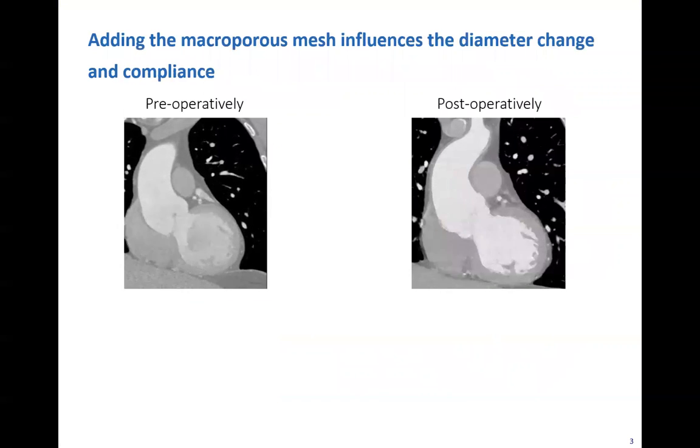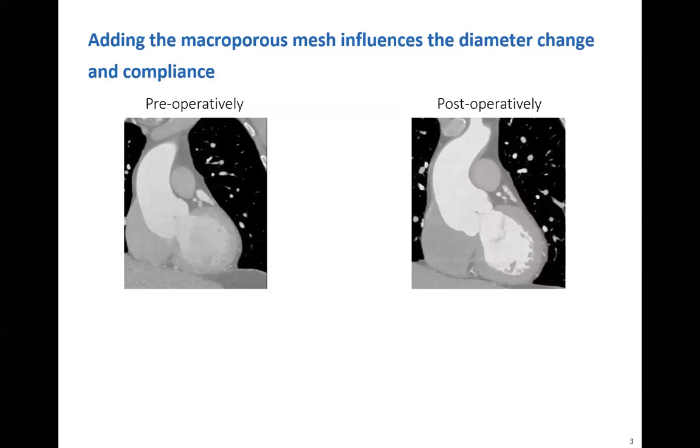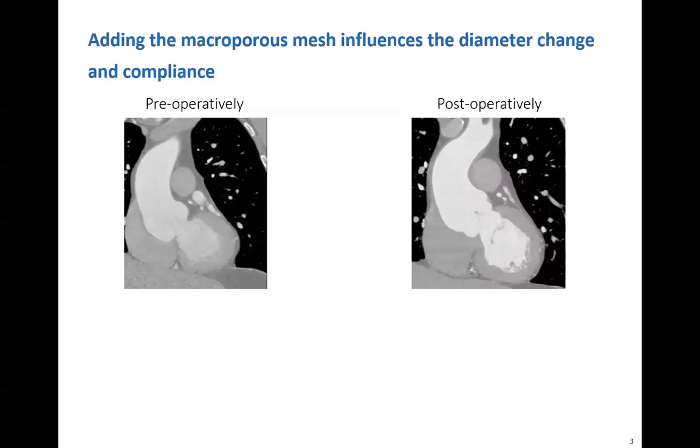Preoperatively and 6 months after surgery, we took an ECG-gated CT scan of his aortic root. We can see that the vertical displacement is much more outspoken preoperatively. To further investigate the effect of the mesh around the aortic root, we determined the diameter throughout the cardiac cycle